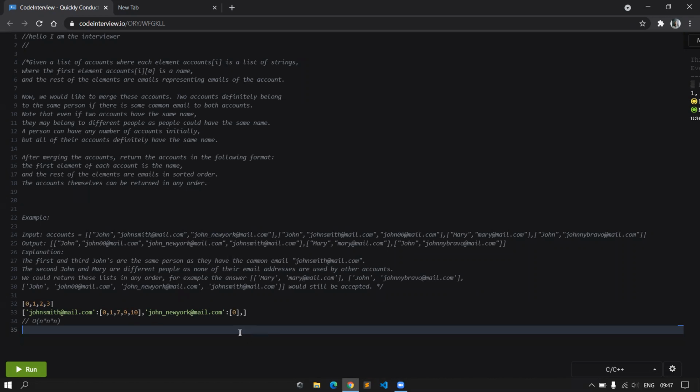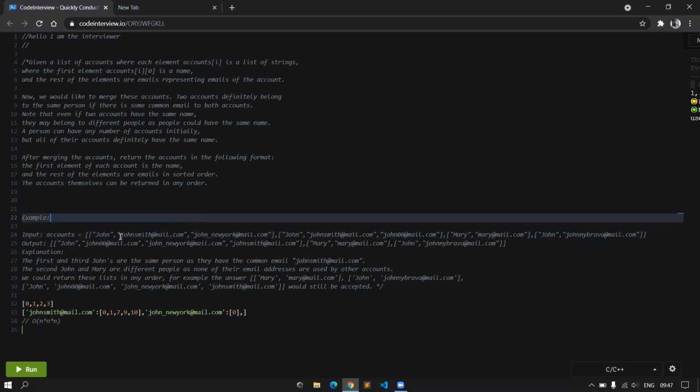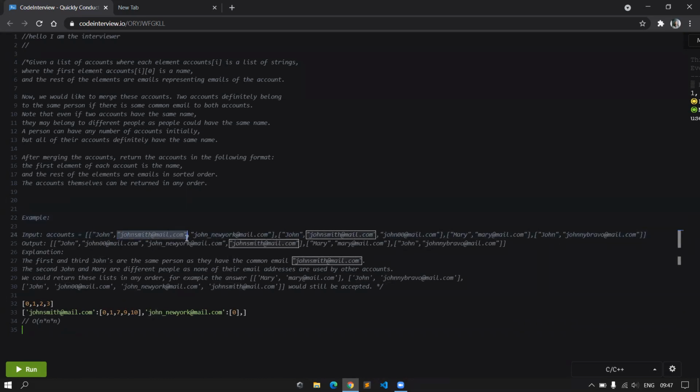So if we take the first one, we will see that these two email IDs are part of a single list. This means that both of them correspond to John. So what we can do is make an edge between both of these email IDs.